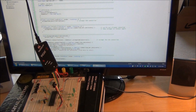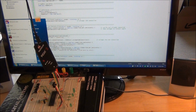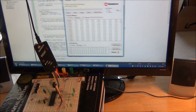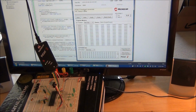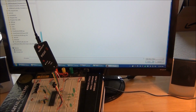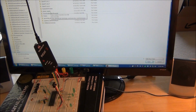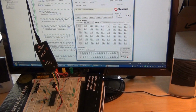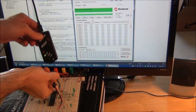Alrighty, so we have our firmware and host software compiles complete, and our PICkit 2 is connected to our breadboard, so let's go ahead and fire up the PICkit 2 software. And there we go. PICkit 2 found and connected, PIC device found. So now let's go to File, Import Hex, and we'll navigate to the hex file that we compiled earlier. And there we go, USB demo board.hex. And let's go ahead and write that. And programming is successful,